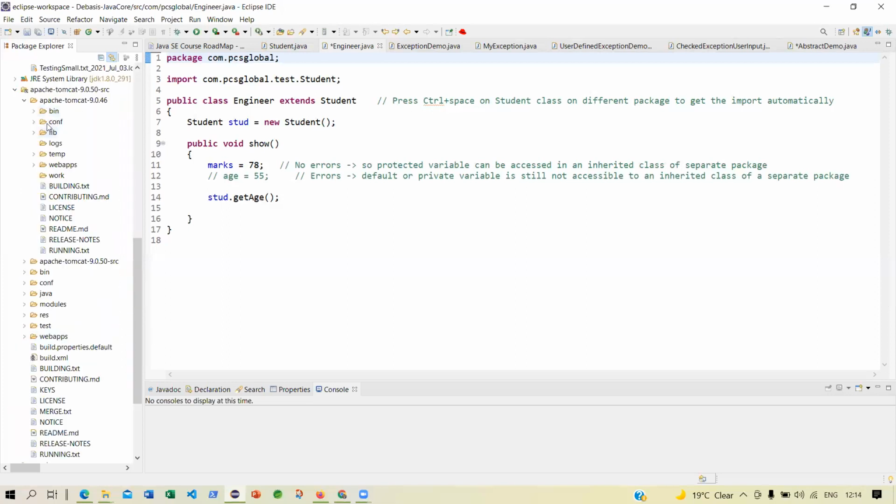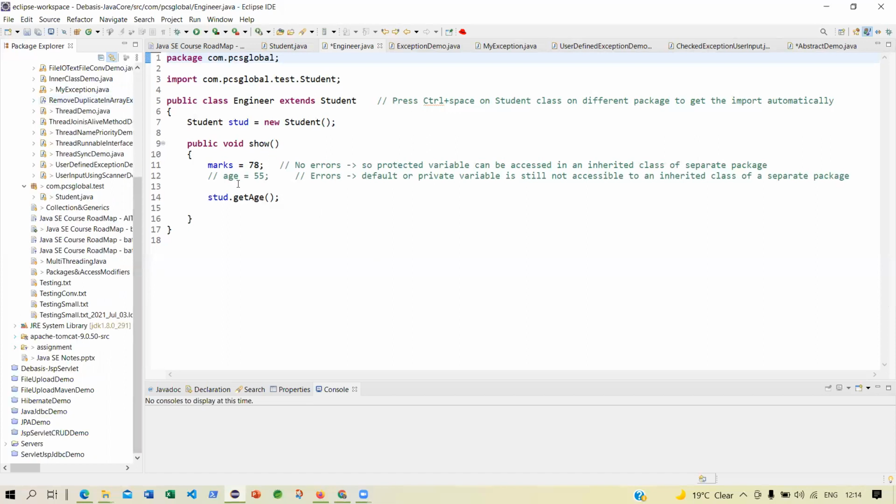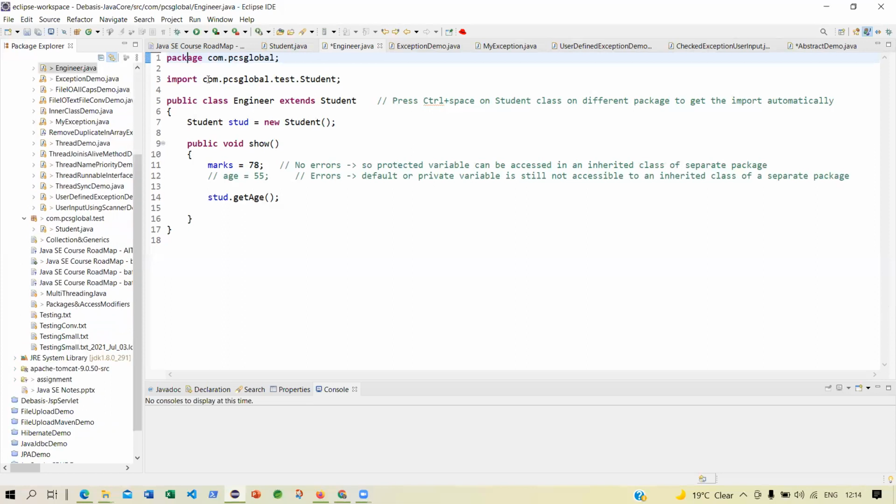Basically these are all folder-wise, but you can see that whenever you are importing, this is importing.